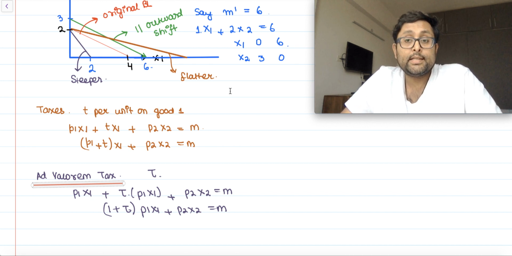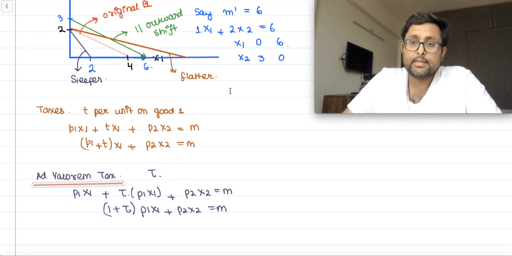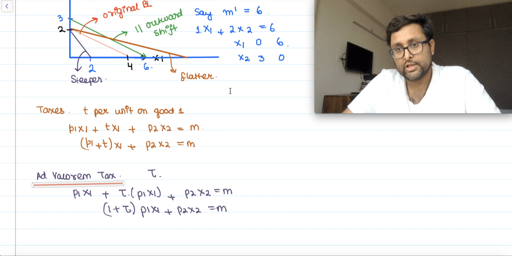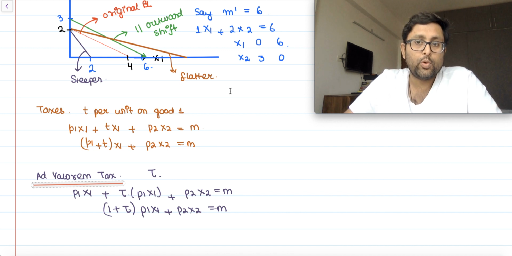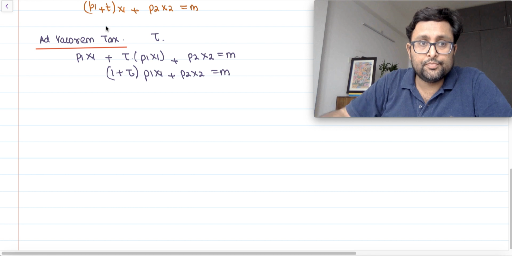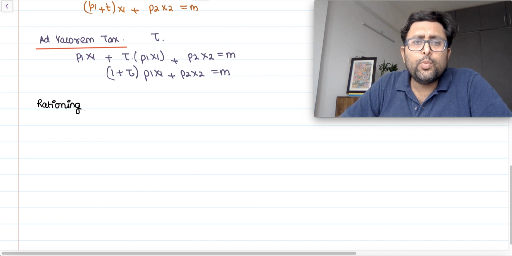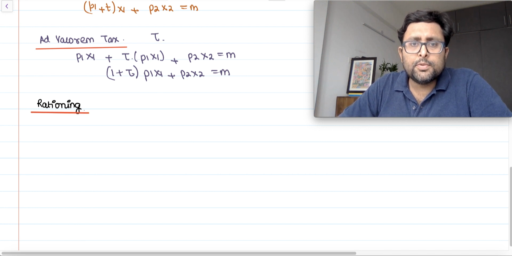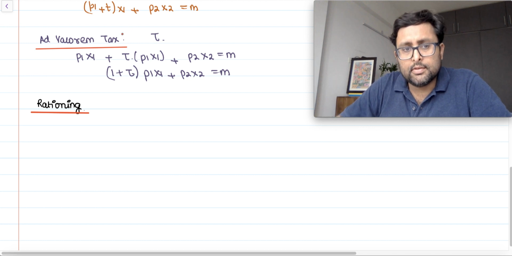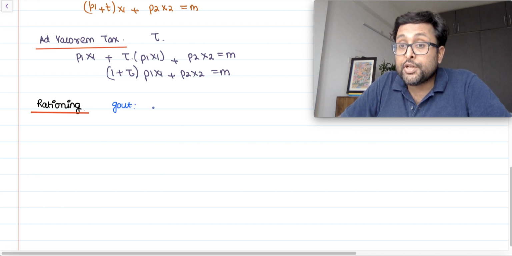Now let us talk about the cases where there is rationing, and we'll also talk about the kinked budget line and the food stamp program. What is the kind of budget line which you will face in case of the food stamp program, and one more kinked budget line. Okay, let's talk about rationing. What will the budget set look like in this case? Suppose the government is going to ration good one,